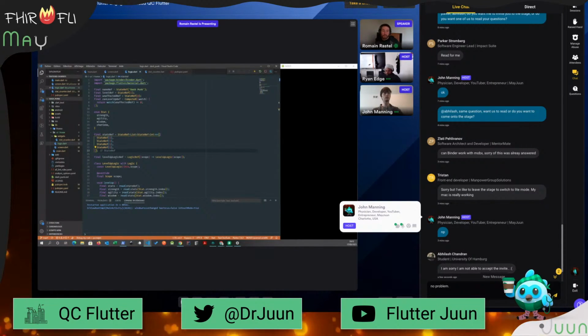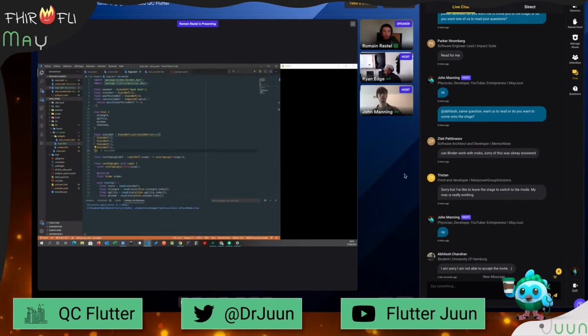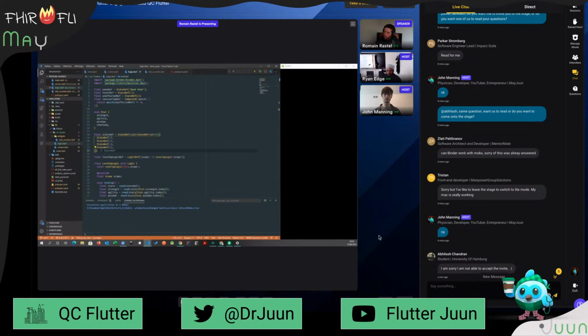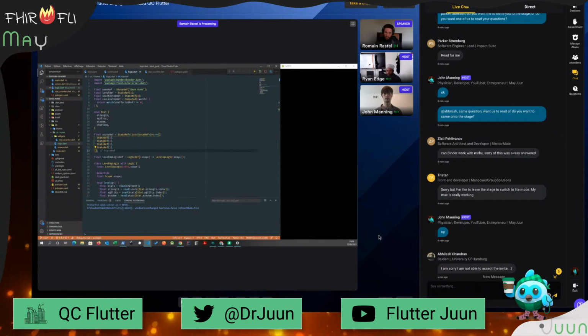we should only use one state management solution, because otherwise the team can be confused about where we're using one state management and when using another one. To me, they're doing the same thing, so we can use them together if we want. Yes, we could use them together if you want to migrate. For example, if you have an app with MobX and you want to migrate progressively to Binder, yes, you can